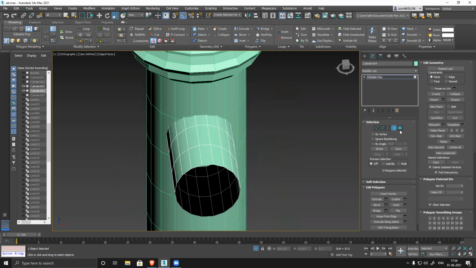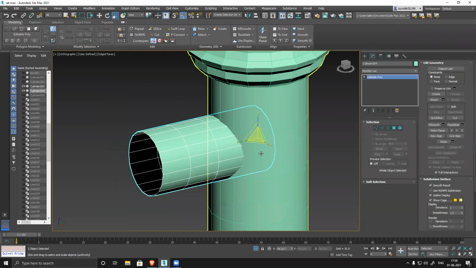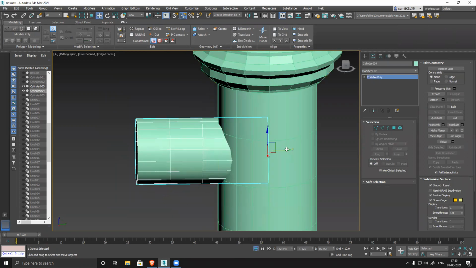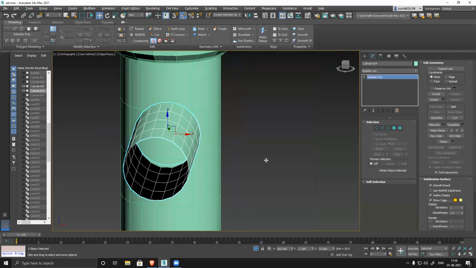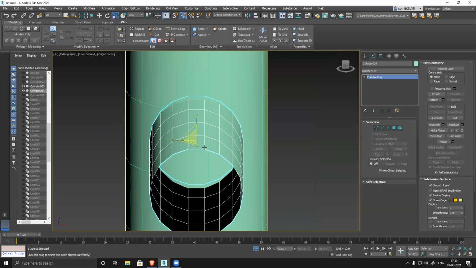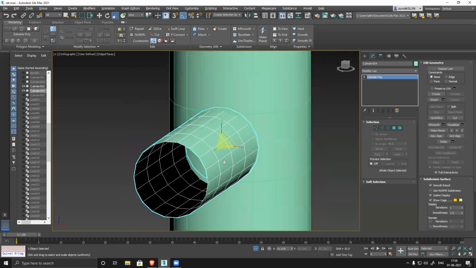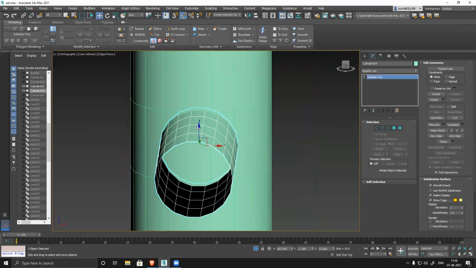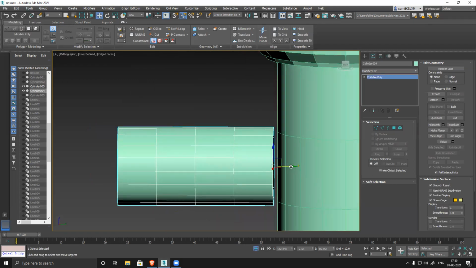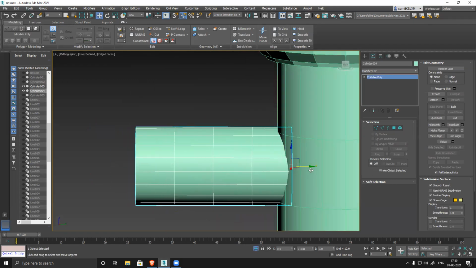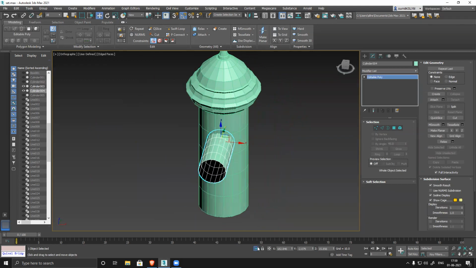Now what I have to do is select this one, place it here and align it properly with the edge. Place it wherever you want to place.